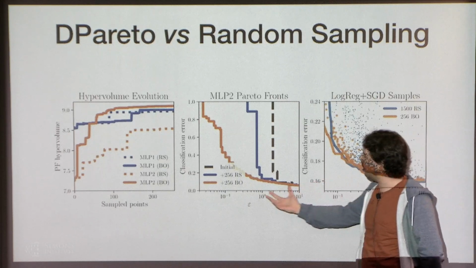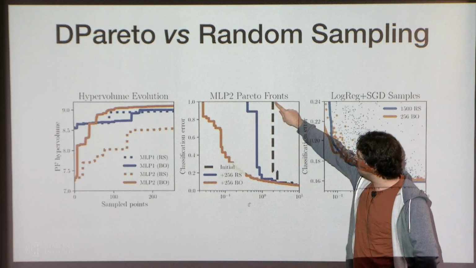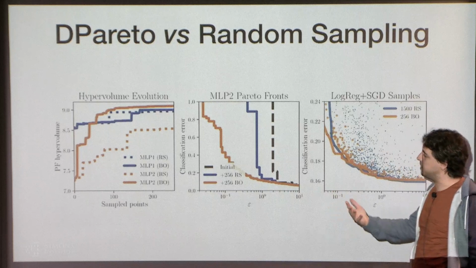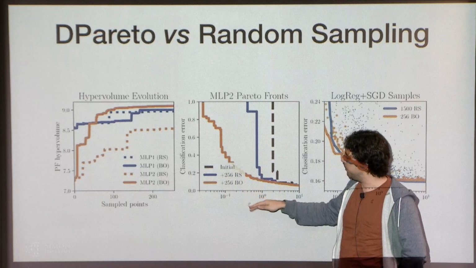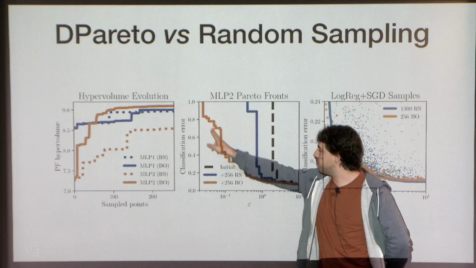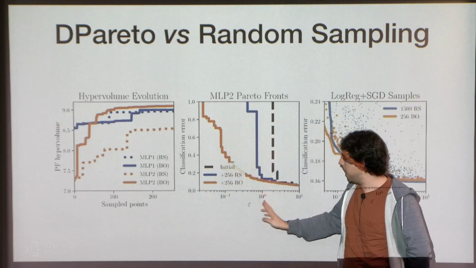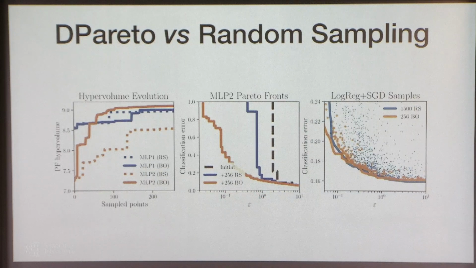Another way to see the same phenomenon is here, for example, in this MLP2 model, where we have the Pareto front that we obtained with these 16 initial random samples. And then we can add the same number of additional points either via random sampling, that gives you this Pareto front, or with Bayesian optimization, that does a much better job at finding how you tune the hyperparameters to move into the low privacy regime. And the third plot is illustrating the same with another type of measure, a measure of how the hypervolume improves as you increase the number of points, either with random sampling or Bayesian optimization.